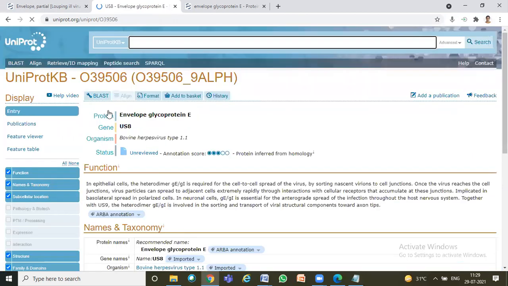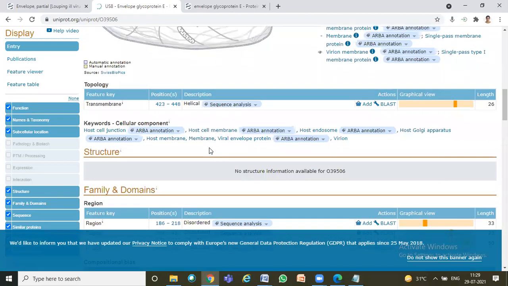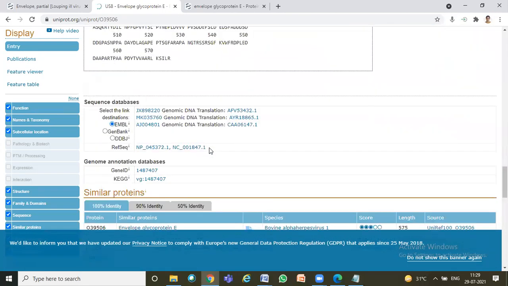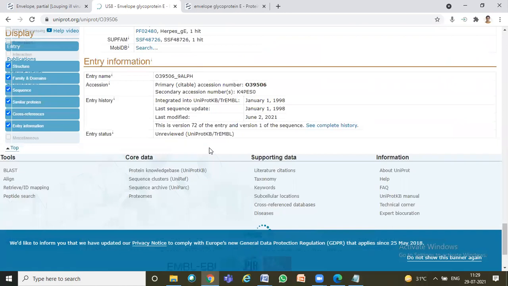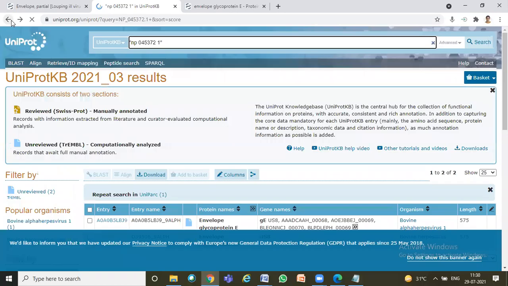So you have one more entry for the same protein, and you have almost the same annotation, right? So this is how UniProt is more descriptive, and it gives more visibility to your protein sequences. So very important, and you have to understand, right? Yeah, let me show you